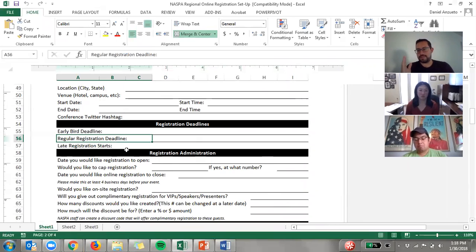So pick the conference date. 2 weeks to a month before that is the late registration. Usually a month to 6 weeks is your regular registration. That can be extended more. And then anytime before that from when we open until regular would be your early bird registration. And those dates, they're flexible enough, but we do definitely want to push them into a space where you get as much money early on for any payments that need to come through and make a little bit extra money for any of the late